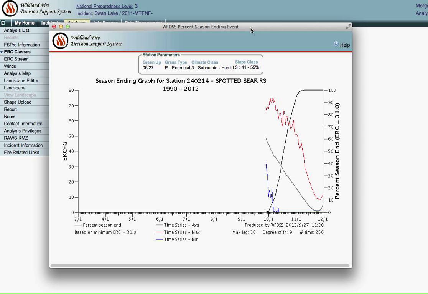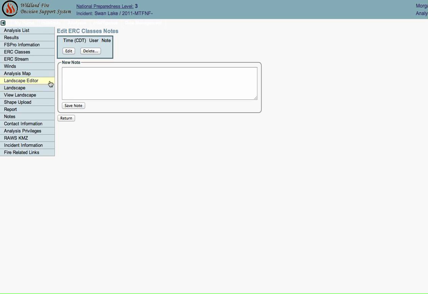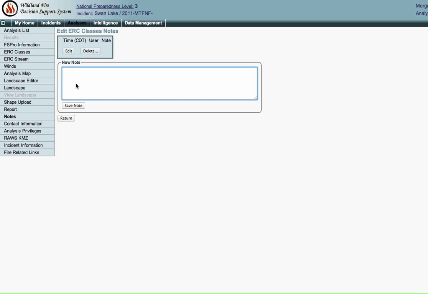As stated earlier, it is a good idea to utilize the Notes section to capture information about selections made to the ERC Classes screen. For example, why you selected the filter period you did, or what default values you modified and why. To do this, select Notes from the left-hand menu. In the box, you can type your notes,